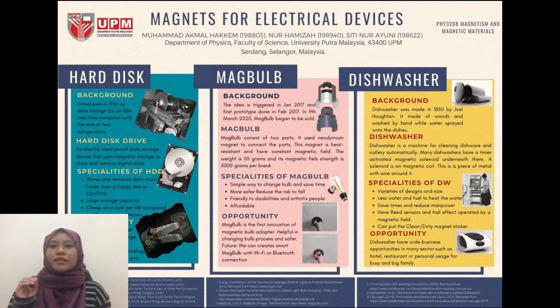A solenoid is a magnetic coil, and this is a piece of metal with wire around it. When electricity is applied to the wire, the metal will become magnetic. Then we proceed to the specialties of the dishwasher. There are many specialties that I found, but I will tell you just